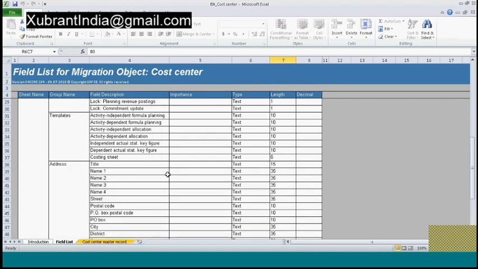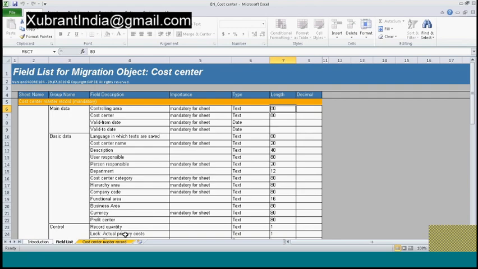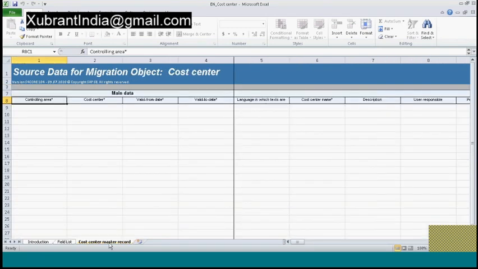So now we'll go to the actual sheet where we need to fill in the data. Luckily, this template has only one sheet, but some of the complicated templates have multiple sheets, so those all need to be filled in. So here I'm filling in the data from my company code, which is like 9090, controlling area, and here is the number of the new cost center that we are going to create, 100200 and 100300.